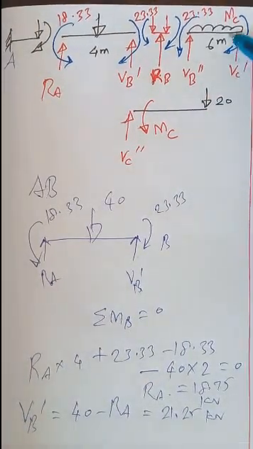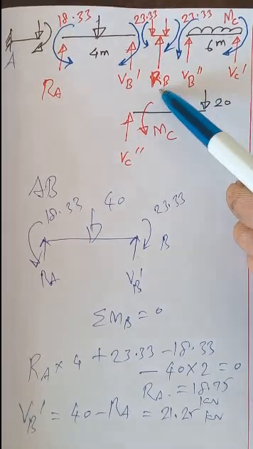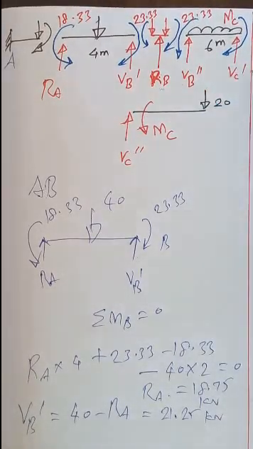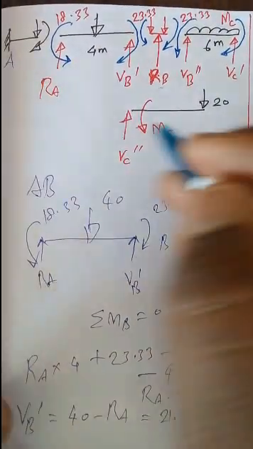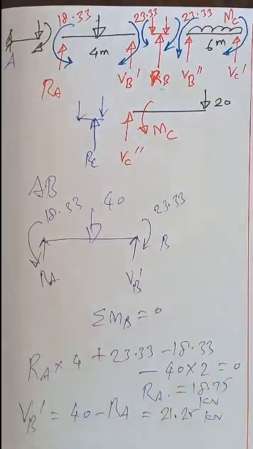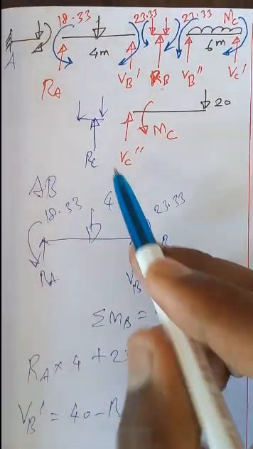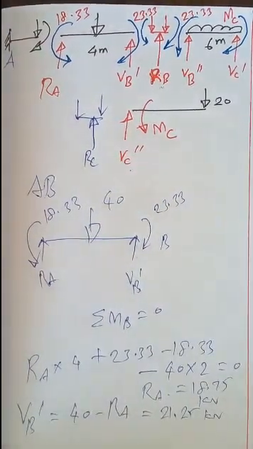Similarly, you can solve these two spans also. So you can see that this is the reaction RB. It is equal to VB dash plus VB double dash, and the reaction RC equal to VC dash plus VC double dash. So here you will get RC like this. RC will be something like this, that is separated in this form. So this RC equal to VC dash plus VC double dash. So next span we will take and we will evaluate the span